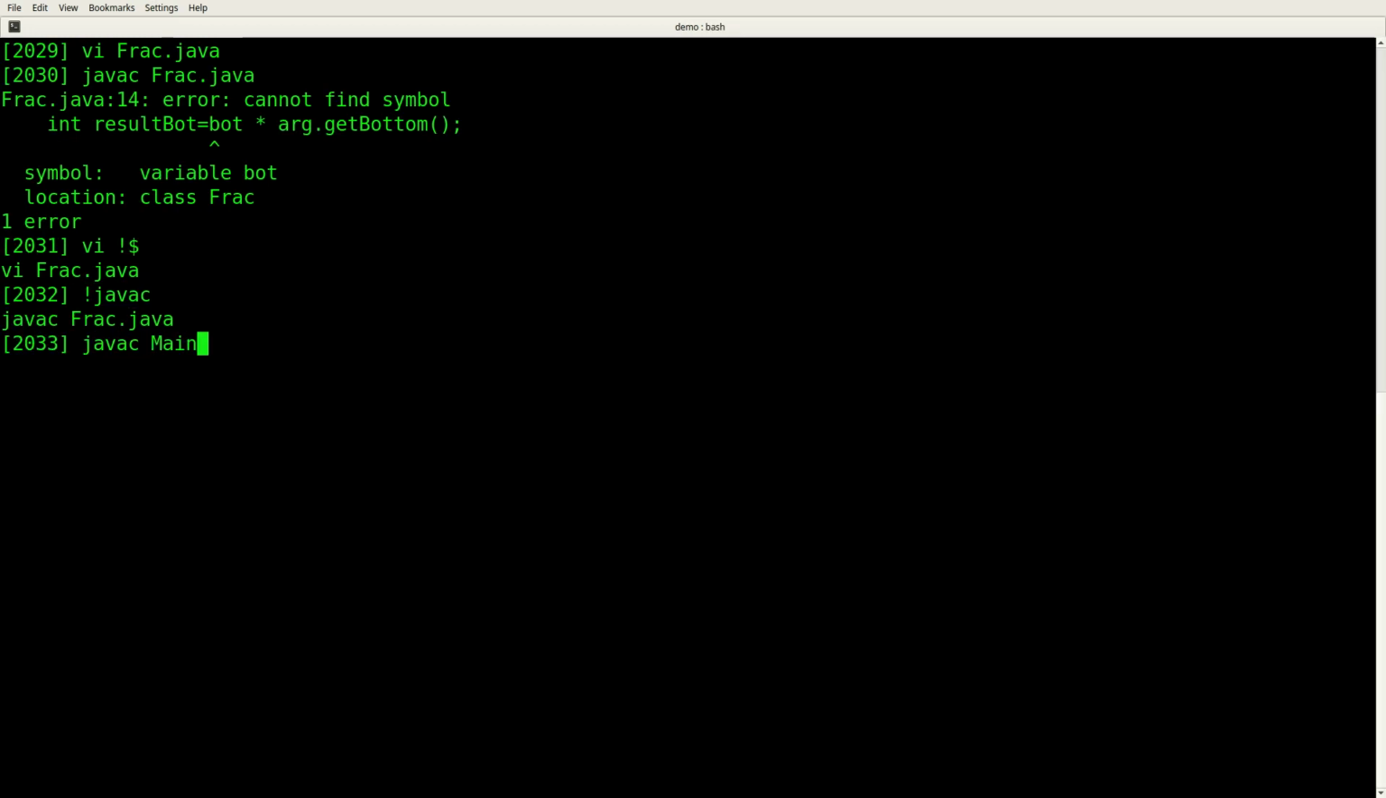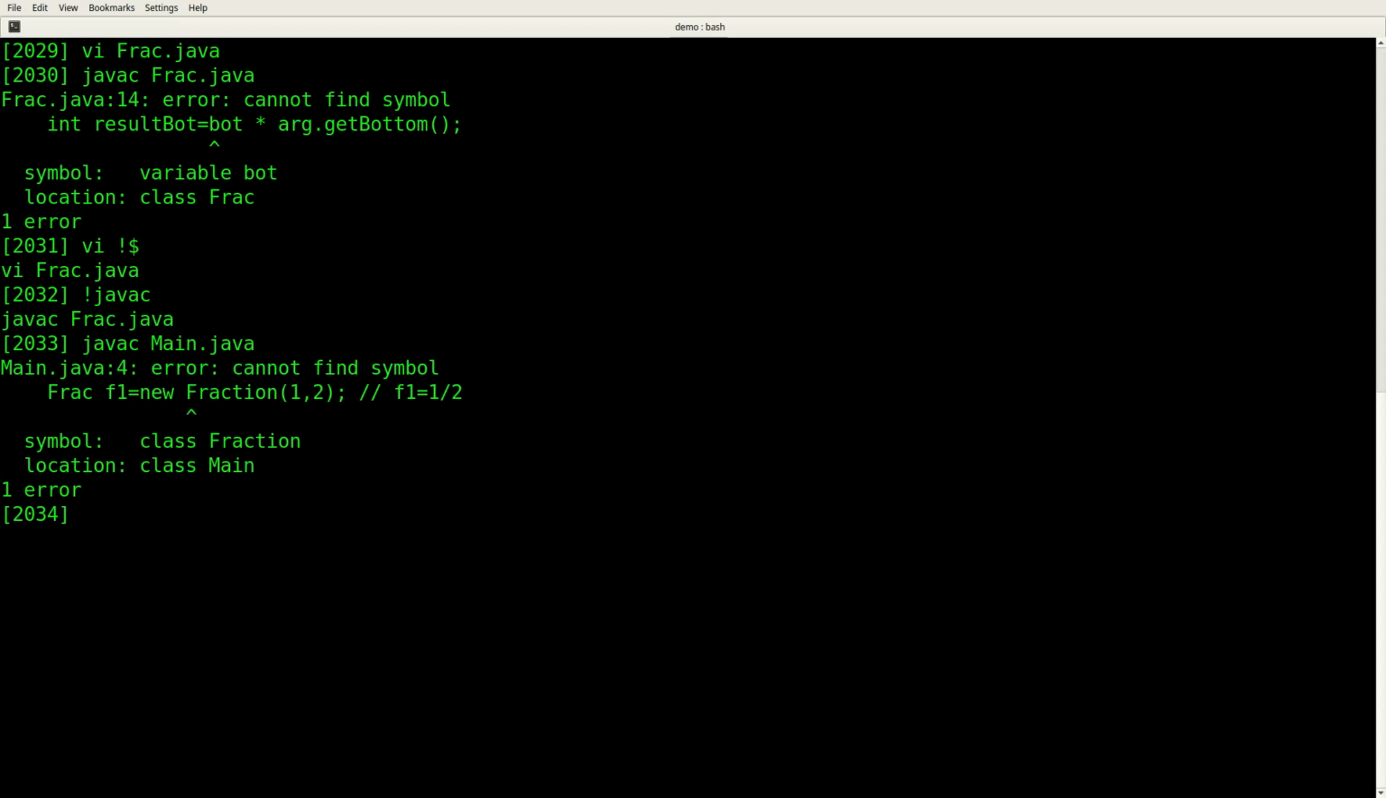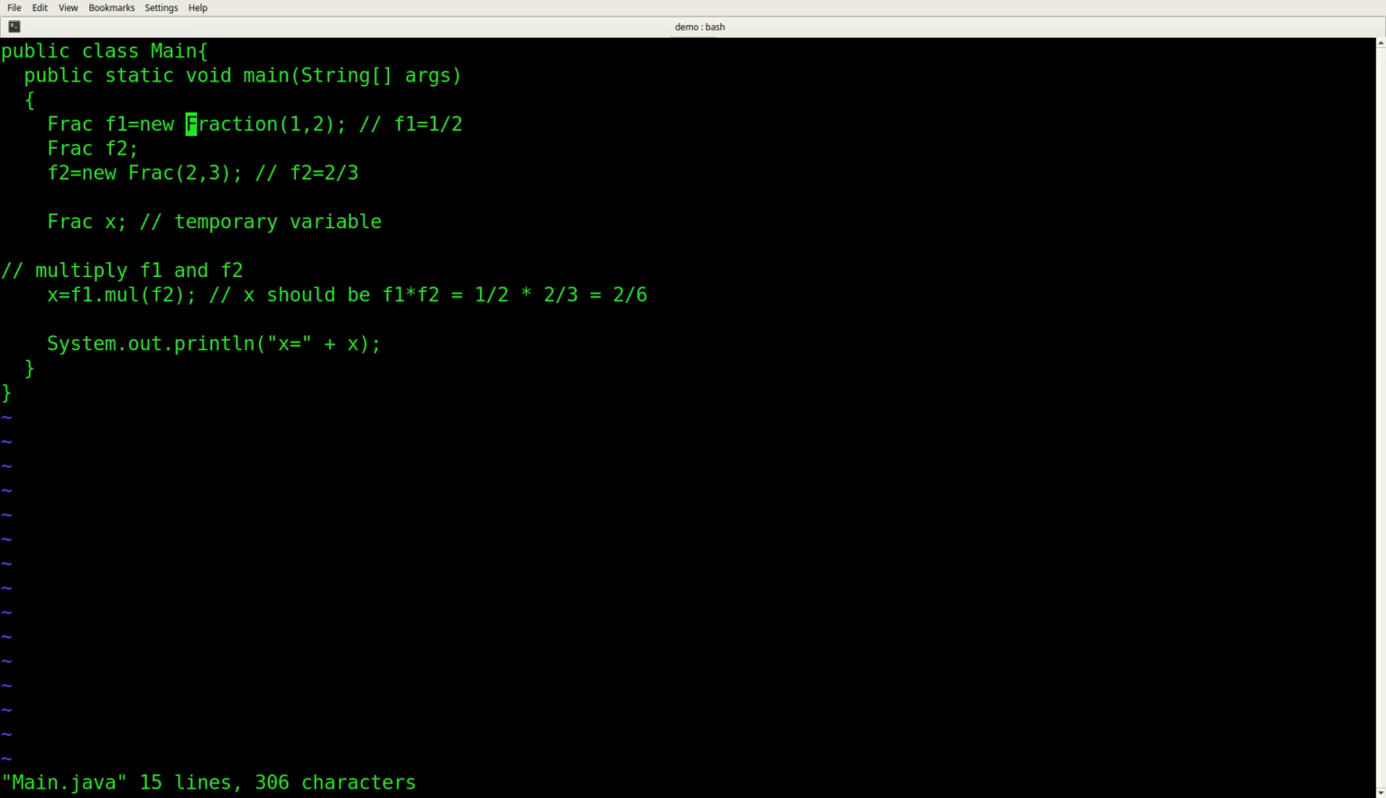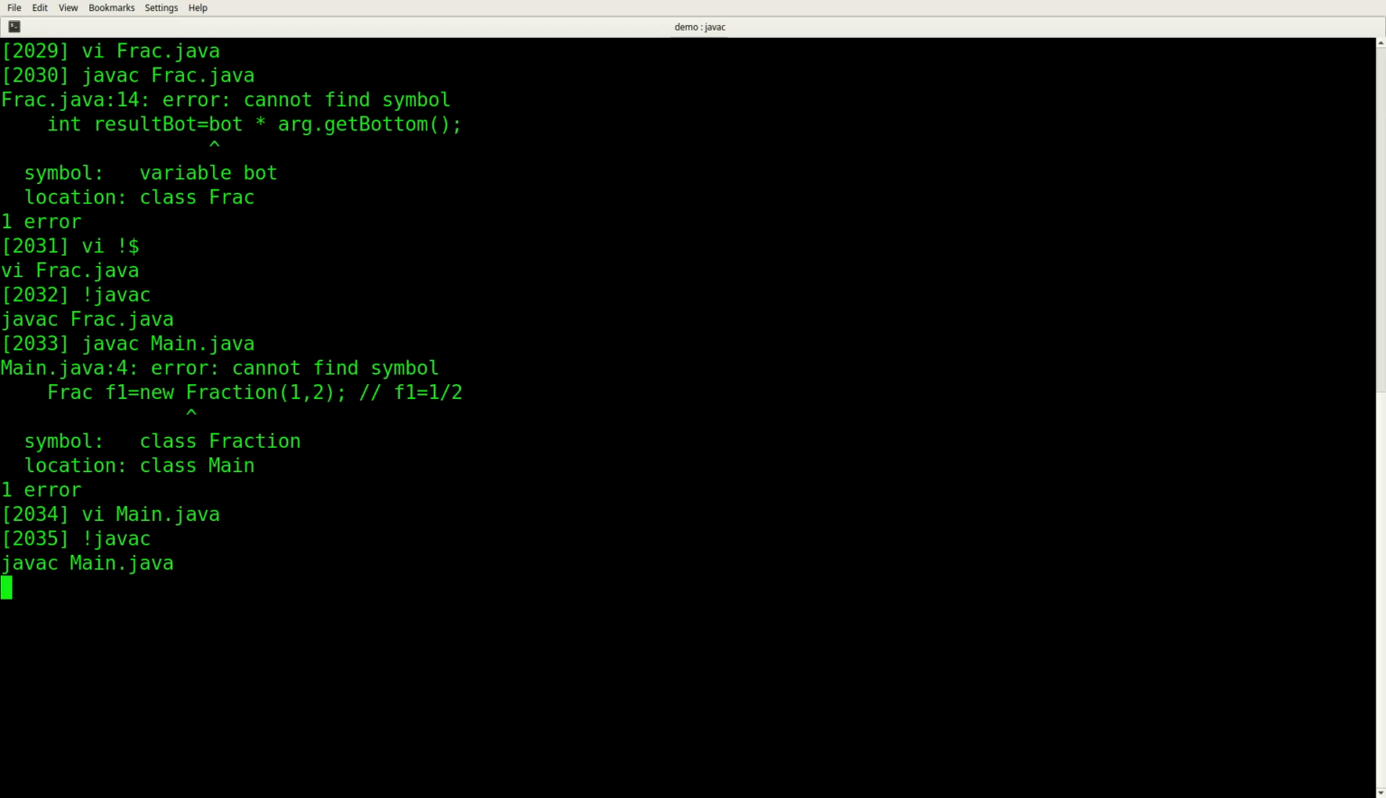Okay, and if I compile main, so it's a fraction, not a frac. Okay, so that compiles. And if I run this, it runs fine, but when I print x, right, we get the funny output where it shows us the name of the class, an @ and then a hexadecimal address. So let's